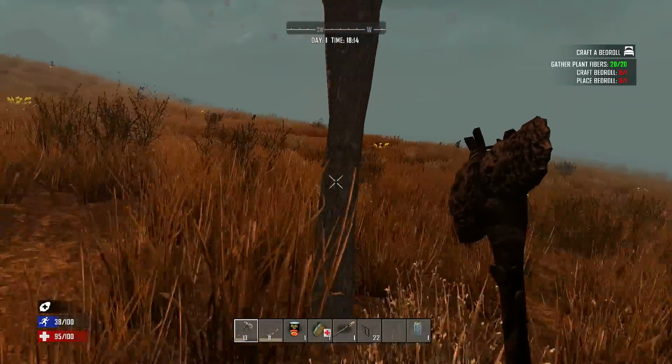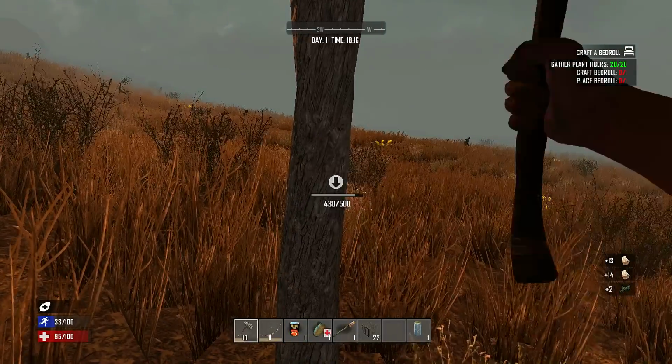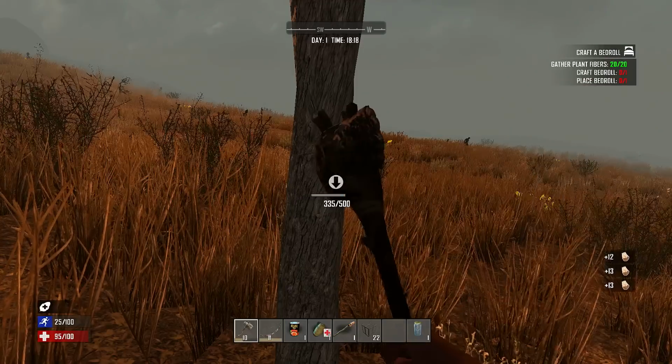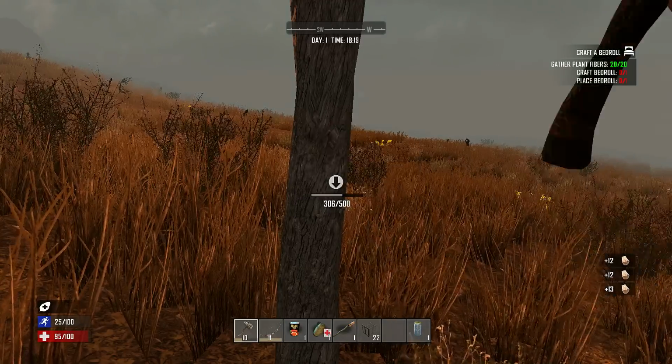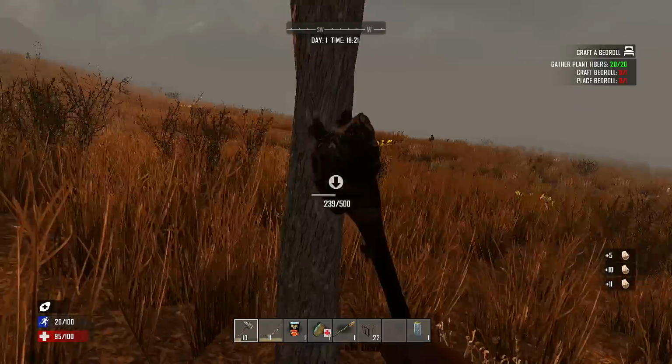We're going to get a little bit more wood. See a zombie right over there, just off to the right of the screen. You don't really want to draw attention to yourself doing this. You can see I've been able to avoid the zombies. Looks like they know I'm here. They can probably hear me. If you crouch down,